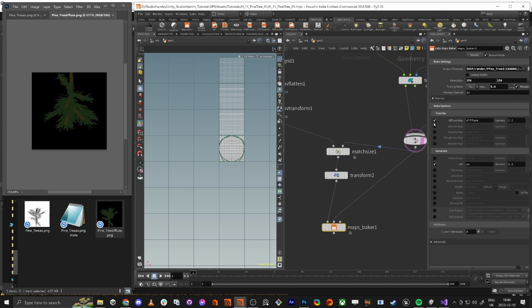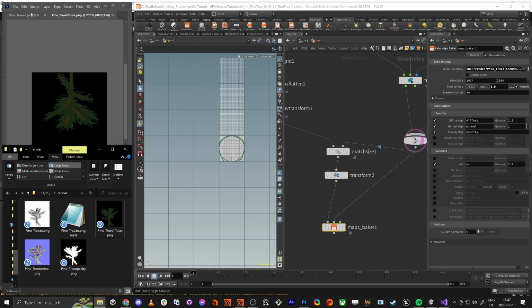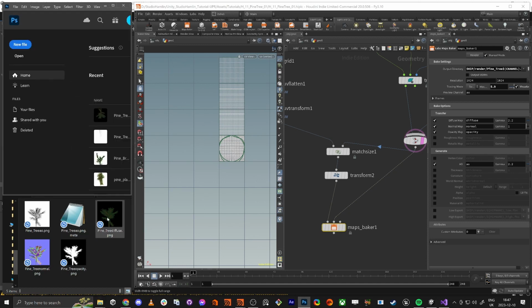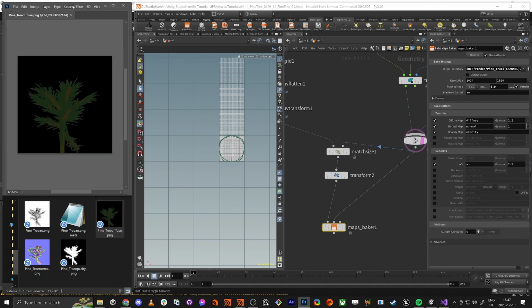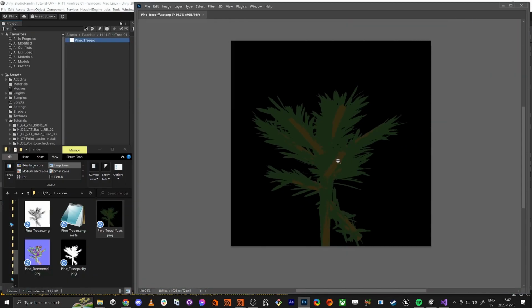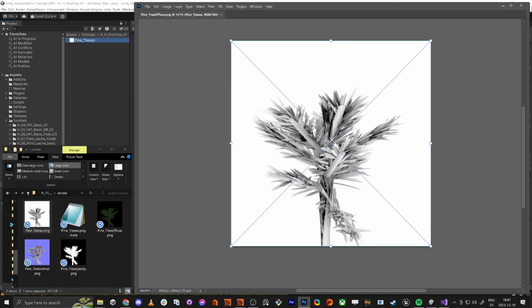So now we have the diffuse, and we want the normal, and we want the opacity, and we want the ambient occlusion, and we also want a higher resolution. So if I render this, now you see we have them here. So if we open this one, and we put this ambient occlusion over it,